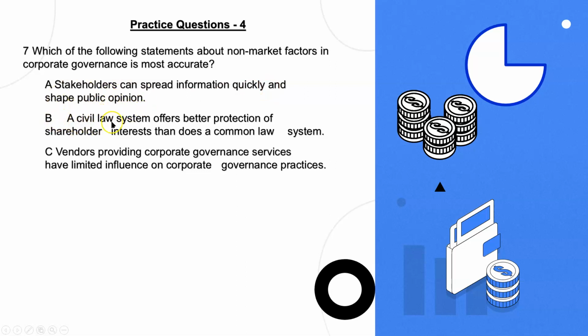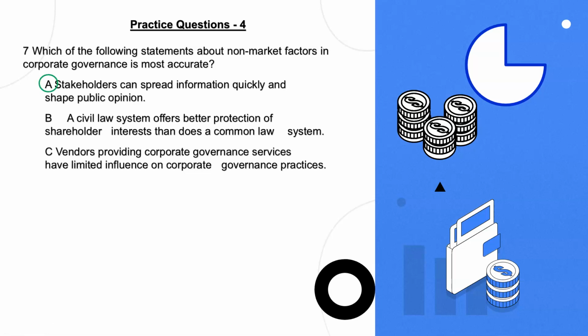Let us see B. A civil law system offers better protection of shareholder interests than does a common law system. This has nothing to do with the market. It has to do with the legal. Vendors providing corporate governance service have limited influence on corporate governance. They have limited access, they just participate in forming that corporate governance. Definitely, as I mentioned, A is